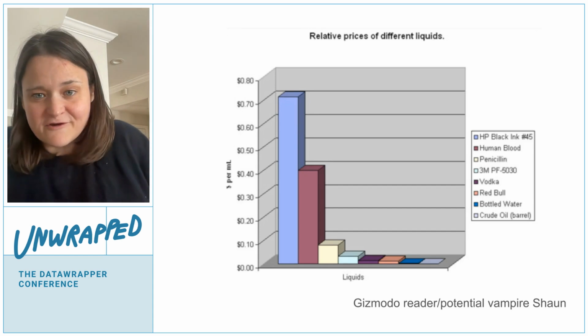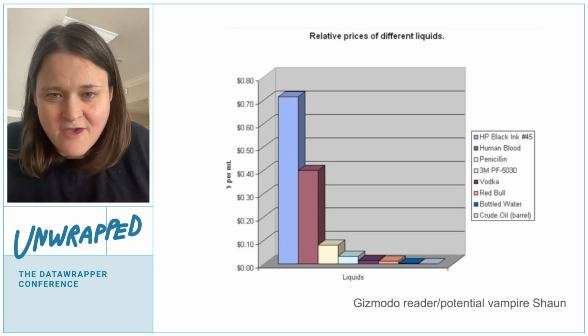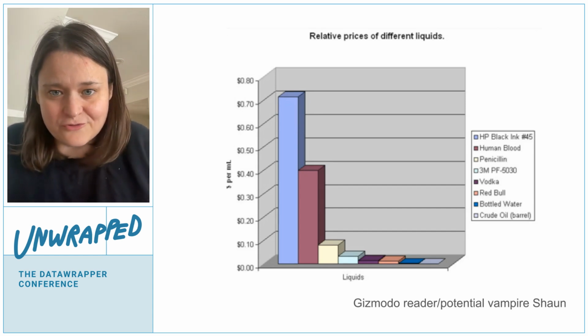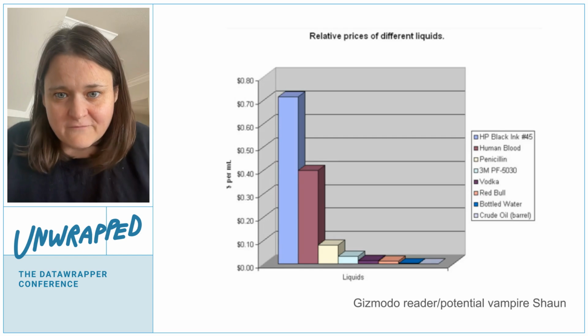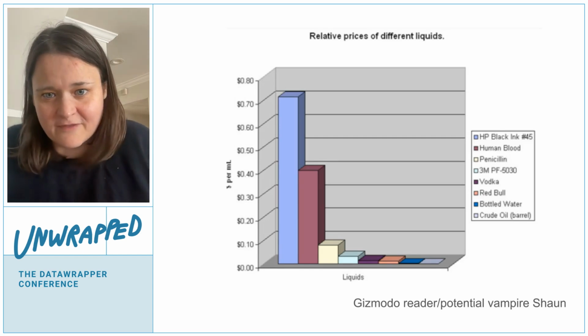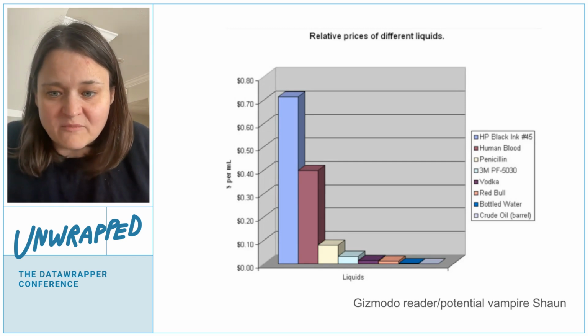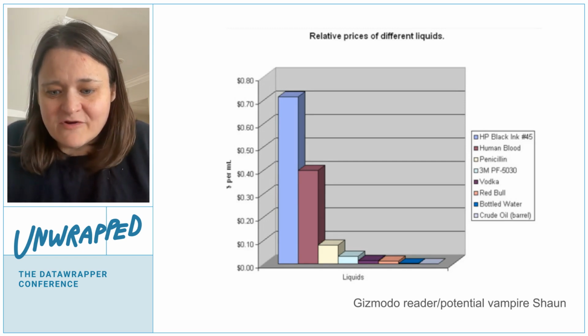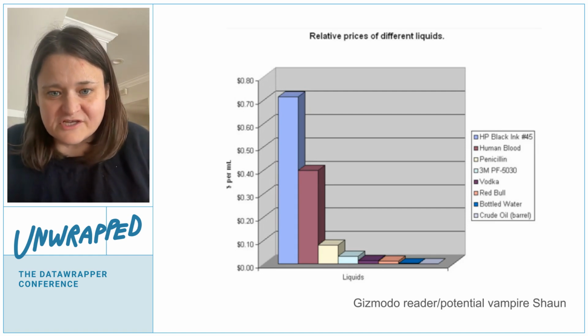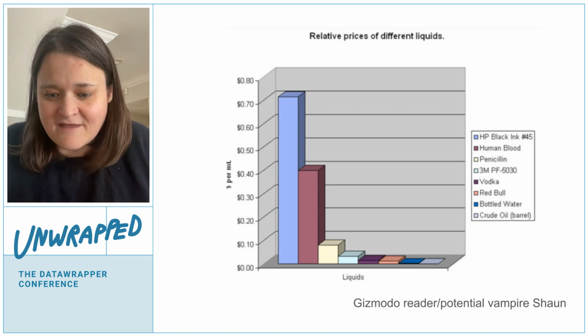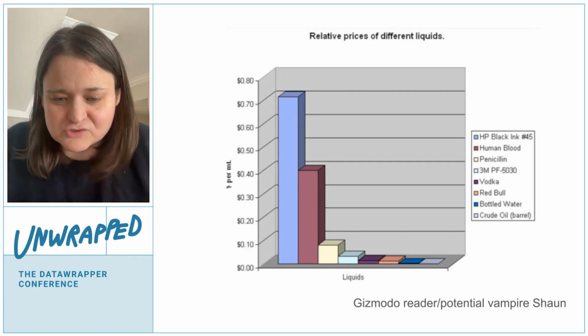I remember this chart of the prices of different liquids, in part because the comparisons are so interesting, right? It turns out that printer ink is about twice as expensive as human blood and way more expensive than vodka and Red Bull and crude oil, right? On a per liter basis. This is a chart that I remember because the choice of what went in it was an interesting choice, right? Like you don't have to stay so confined to data that comes from a single source, from a single place.